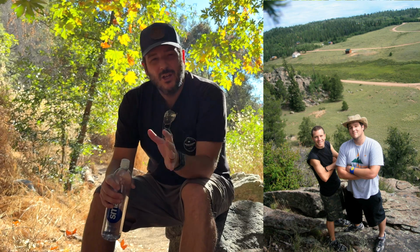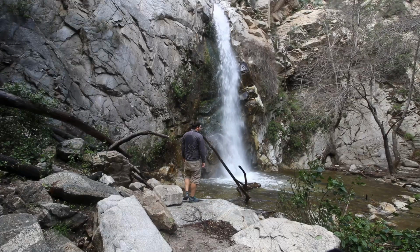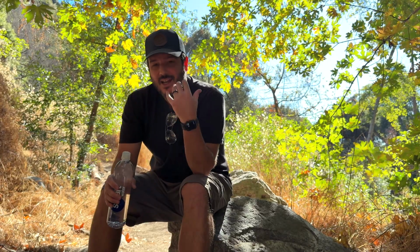So as I'm sitting here having a water break, I'm really reflecting on why this trail is so special to me. It all goes back to about 15 years ago when my friend Zach and I, neither one of us had ever done really any hiking. We decided to give it a try. We found ourselves on this trail, and I remember coming into this canyon, walking alongside the water, and then of course seeing the waterfall at the end, just how it kind of awakened something inside of me,